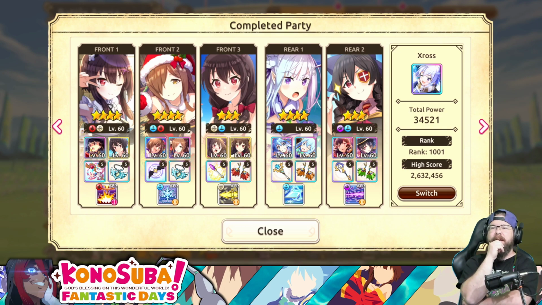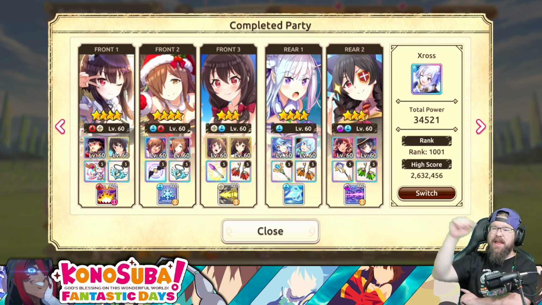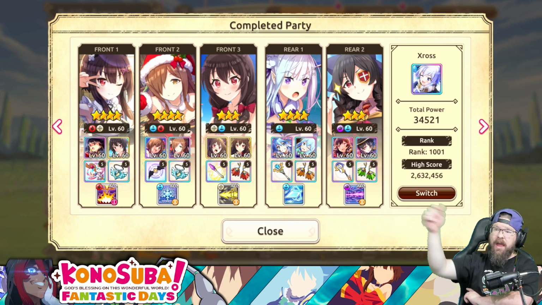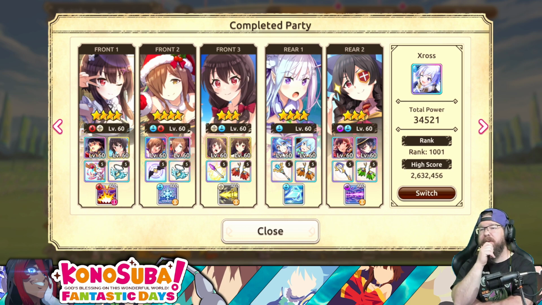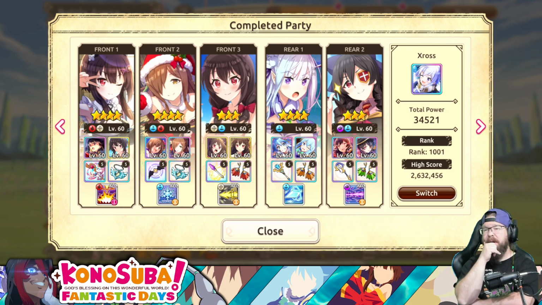They're actually using Amelia, which wouldn't be a bad idea. They're using a different... well, no, okay, they're using that Megumin and that Union. I don't believe I actually have that Union. I don't believe I do, so that's going to be a thing. And I don't have this ROA for sure. So...